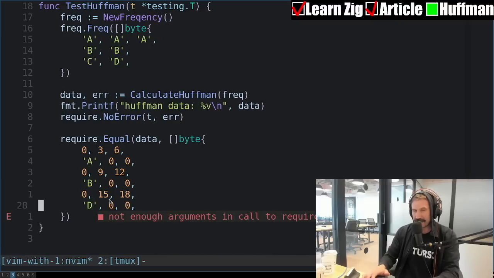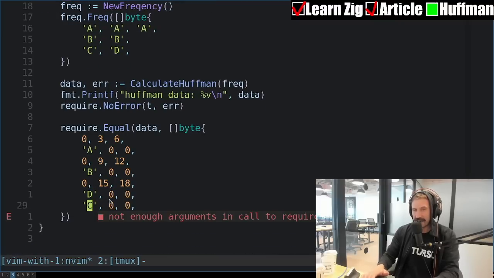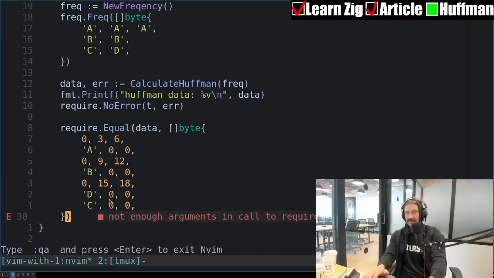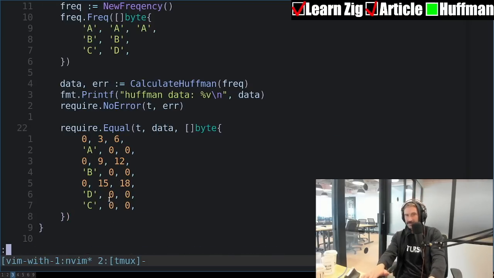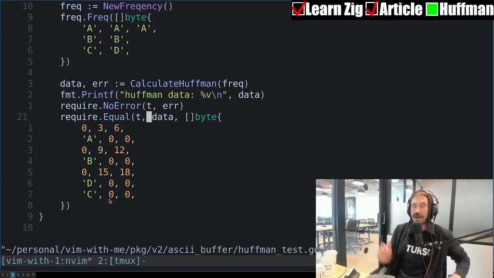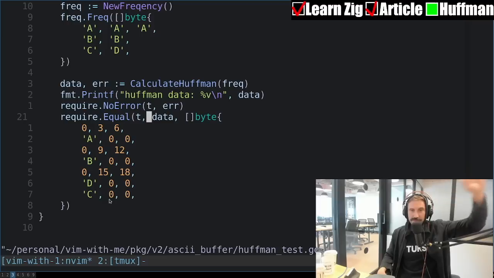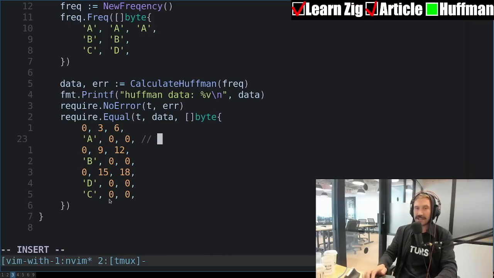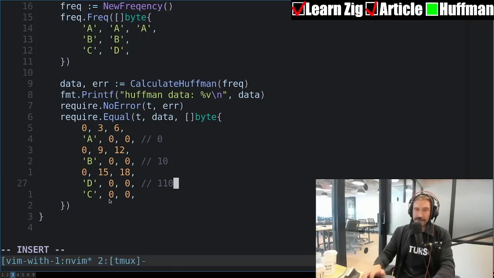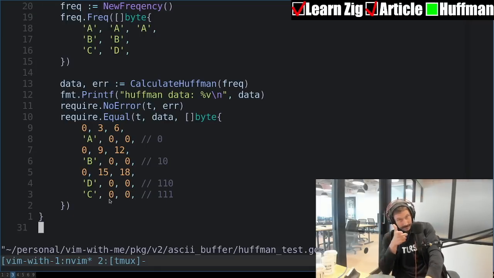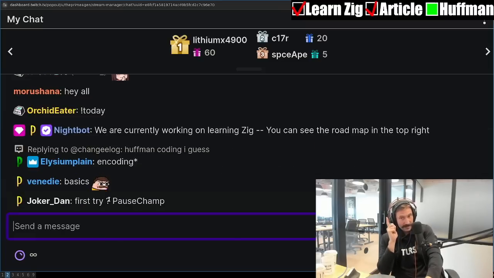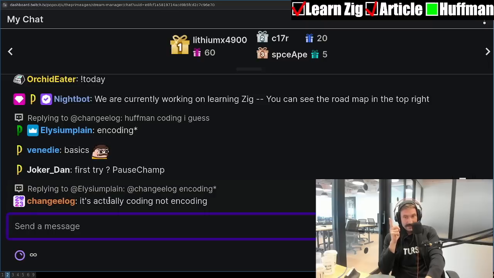Ooh, I think it's D first. If I remember correctly, it's D first and then C. There you go. So that should be the proper Huffman tree. Left gets encoded, right does the jump, left gets encoded. So this literally means that A should equal 0. B should be 1, 0. D, if I've done this right, should be 1, 1, 0. And C should be 1, 1, 1. Yeah? Yes. Yeah, the answer is yes.